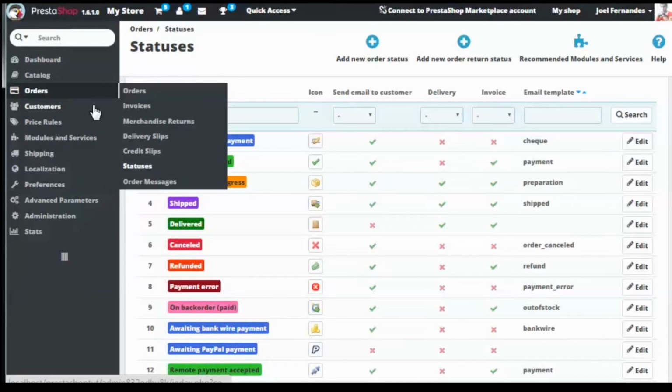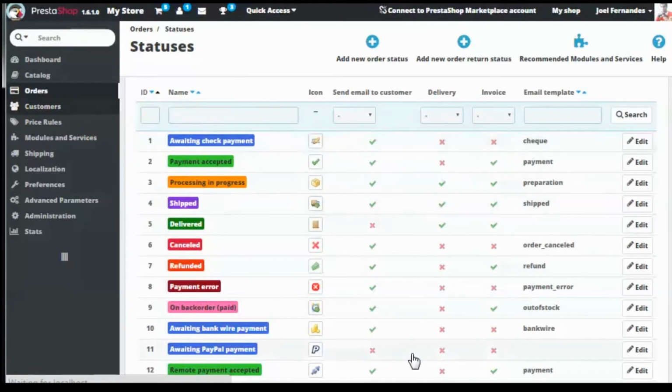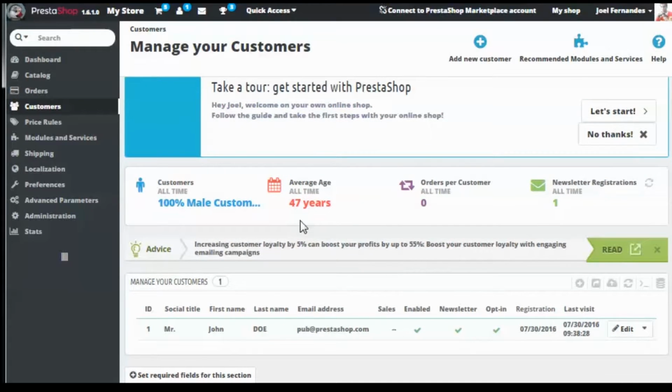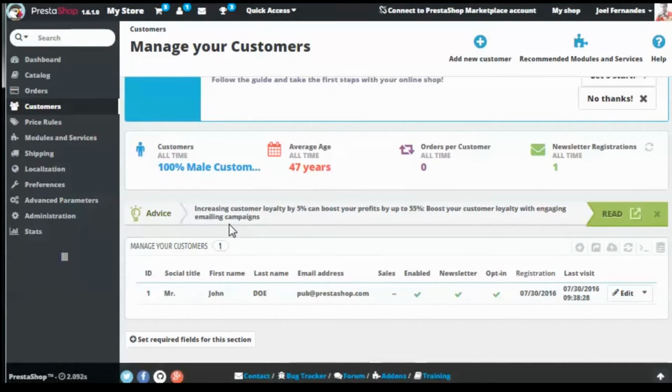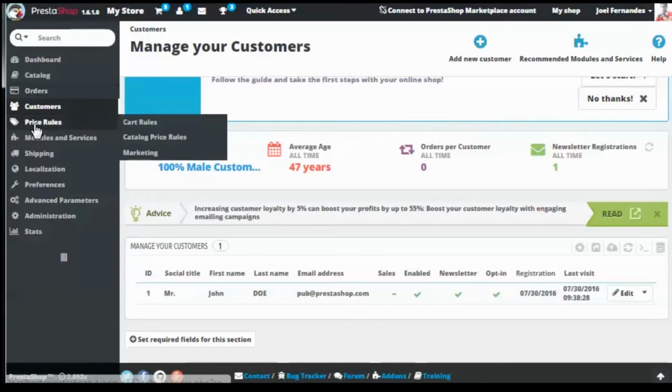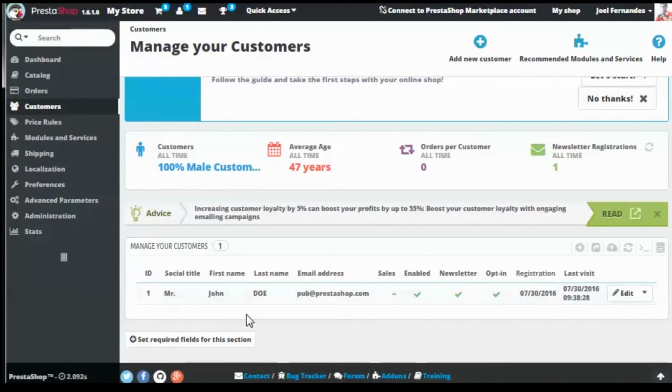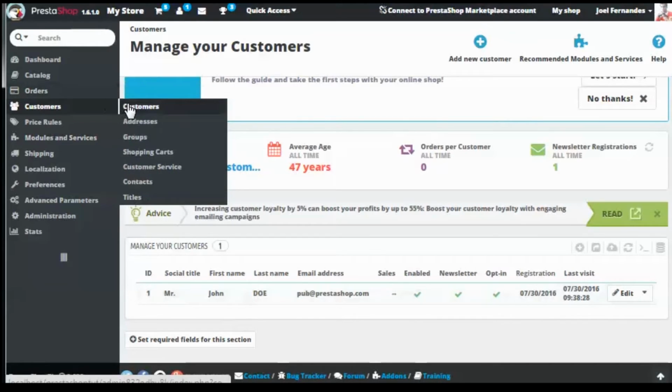Now let's go to the next tab, that is customers. In customers, you can see all the customers for your store. There is another section from where you can see the people who are signing up through the newsletter. There is a module called newsletter. I'll show you that later on. For now, these are the customers on your store. There is just a single customer for dummy data. As soon as customers register to your store, they will be added to this particular list under customers.